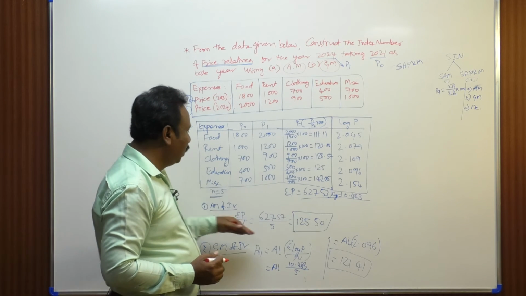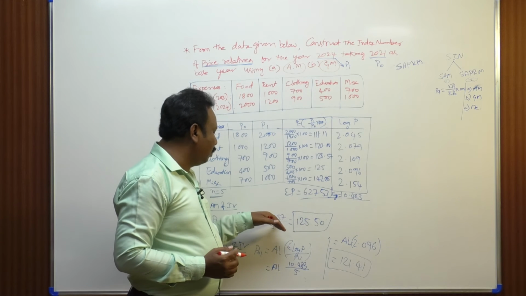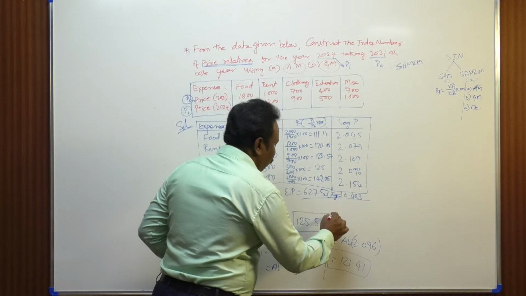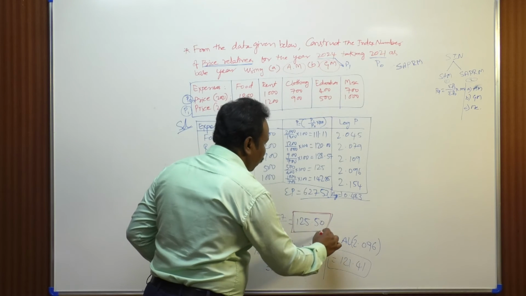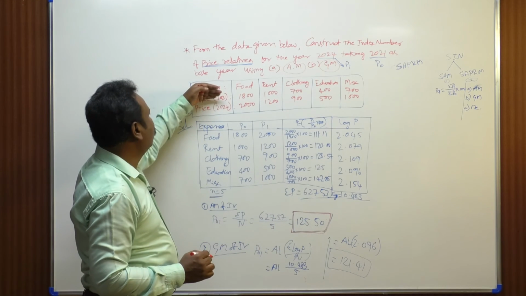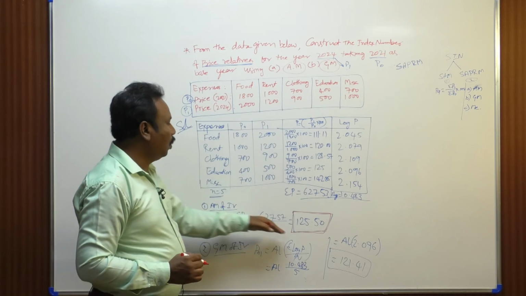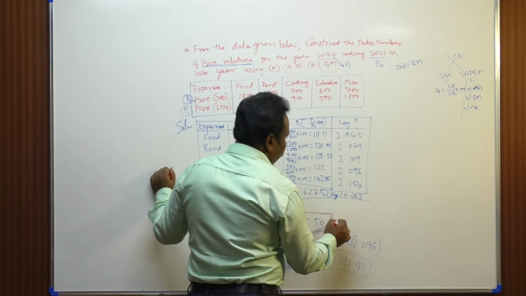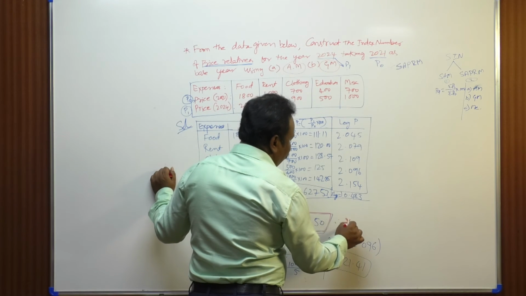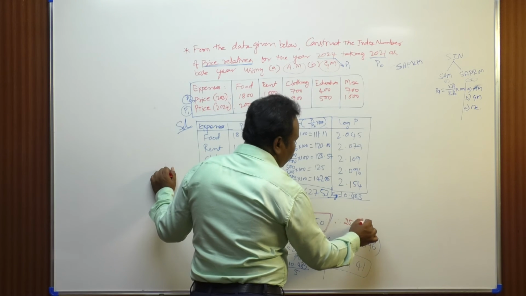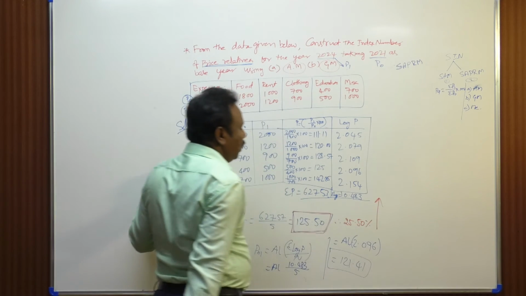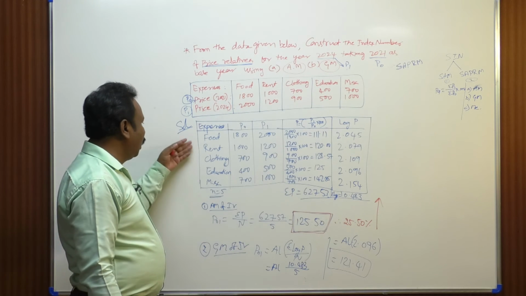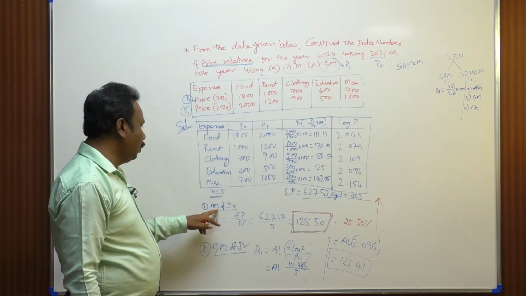So, 627.57 divided by 5 is 125.5, that is the price relative change between 2021 and 2024, 125.55. It means 25.50 percent of price has increased from 2021 to 2024 with respect to the various expenditures according to arithmetic